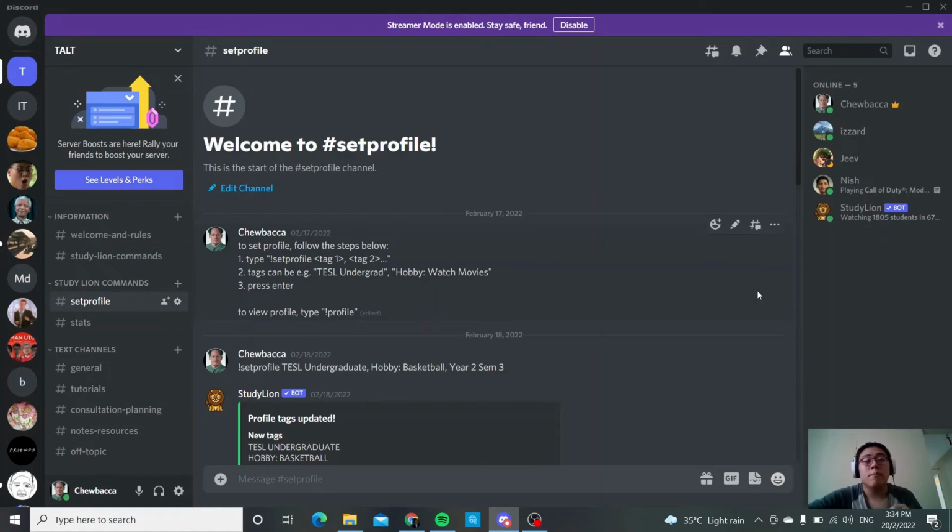So this is a very good command to use during those introductory sessions. How to use this command is you type out the exclamation mark, and then after that you type out set profile. Then you press space and you put in your tags. Like what tags would you want people to know about you? So let's say I would want people to know that I'm a TESOL